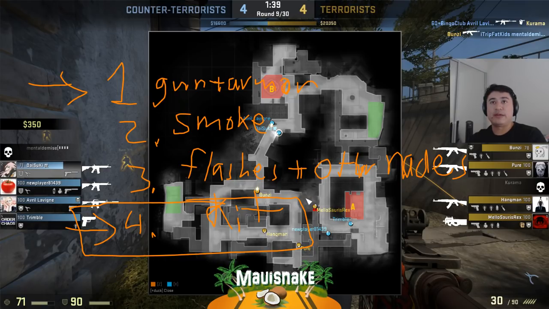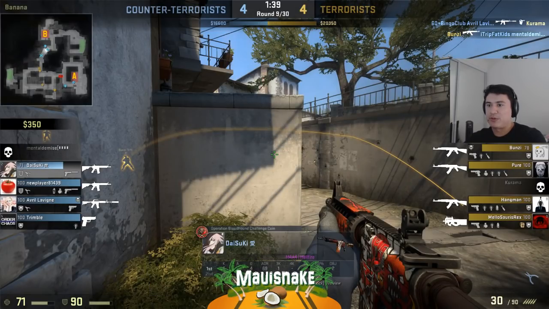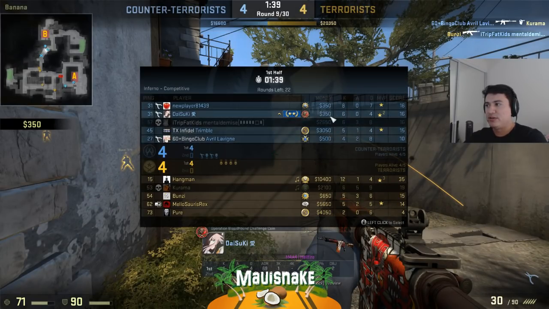Is it right to not buy head armor and save money against tees with ops? That's another thing too. So you didn't buy head armor, that's a good save of your money here, but at the same time you have $350 more. You should buy a smoke or something like that. Your teammates are all buying...